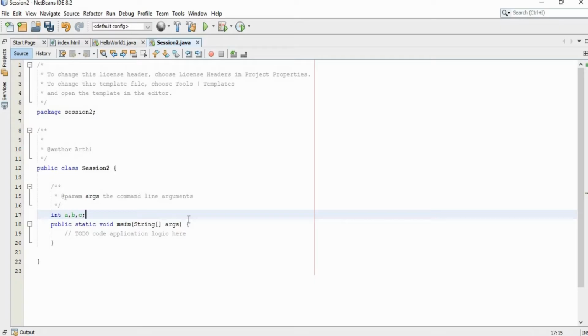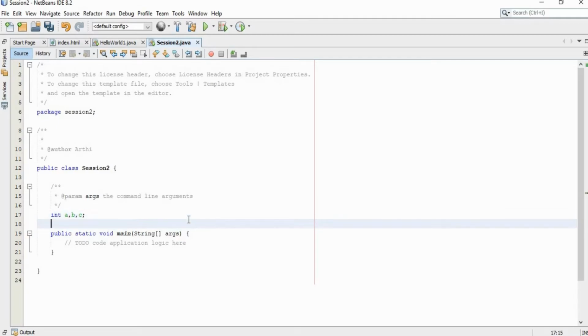Other than declaration statements, we should not have any other statement inside a class itself. For example, if I write some print statement inside my class itself, it will result in an error. Here it is showing us an error. When I hover over this error icon, it shows illegal start of type, which means we can have only declaration statements inside a class.